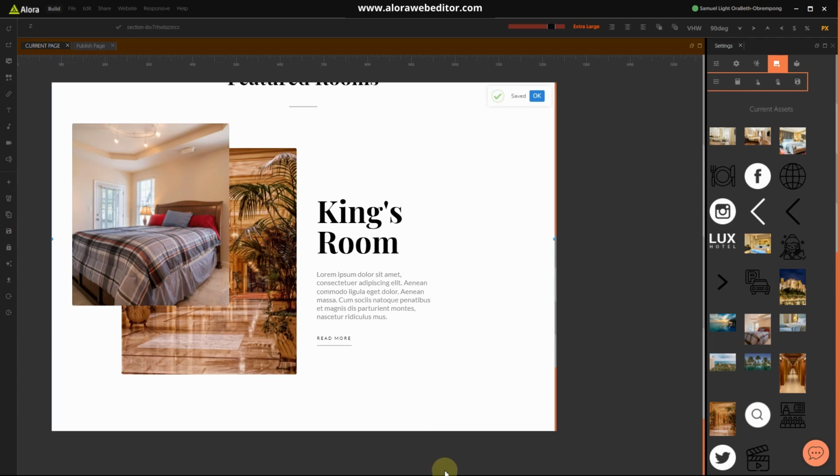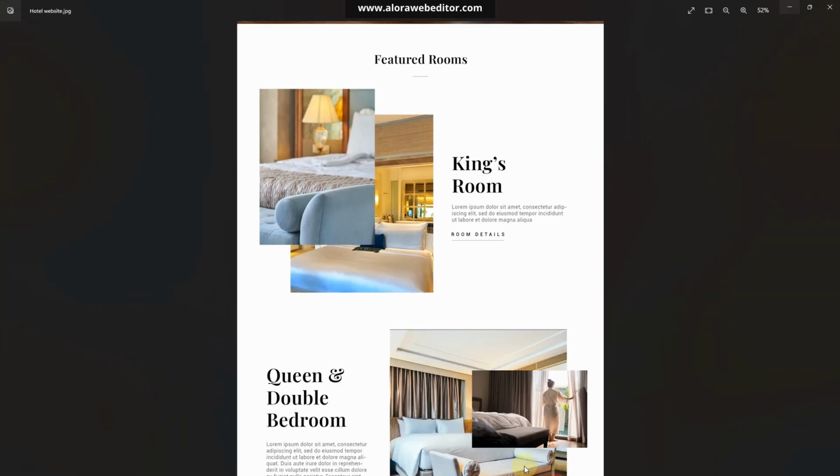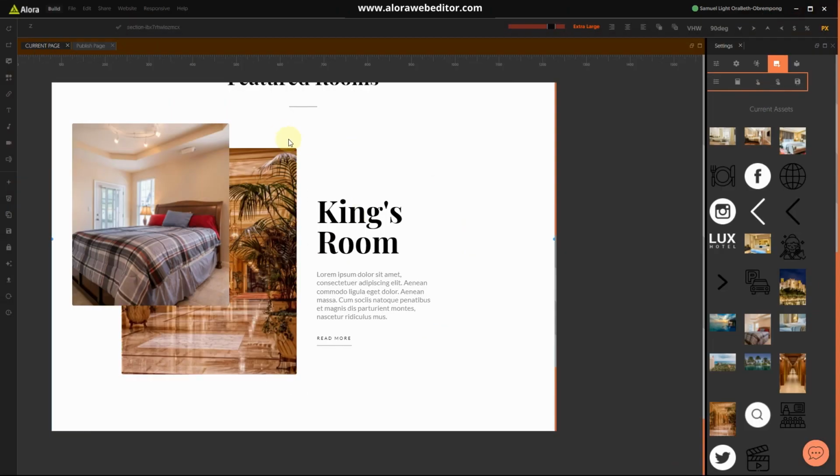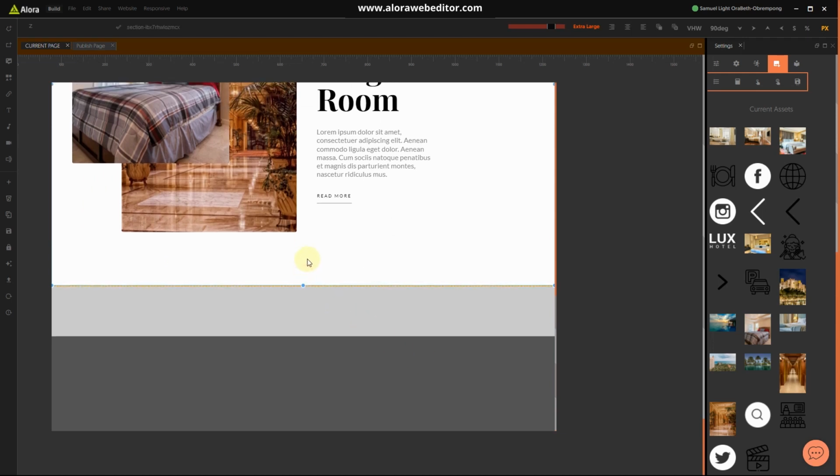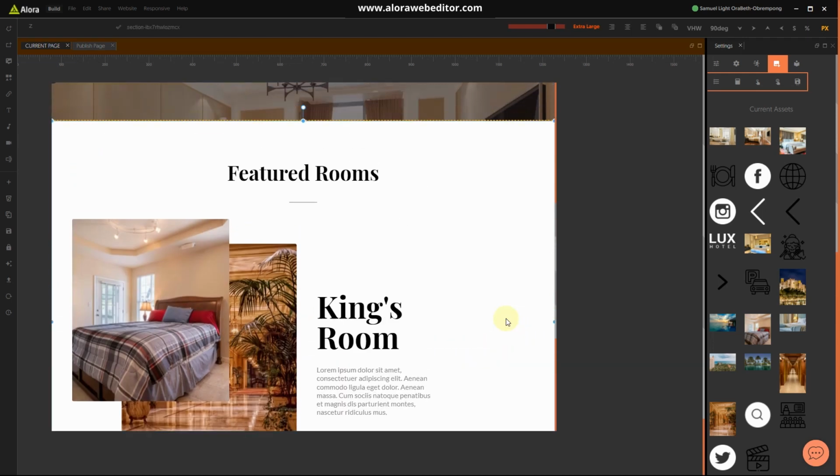Alright, so let's go ahead and look at our design to see if we are getting close to what we need to do. Alright, so this works for us, it's good. You can see the space between this one and the line is closer to the space between this one and the line, and we have our elements done. So we are done with this part of the section. Now the rest is just going to be easy. It's going to be really easy. So now go ahead,